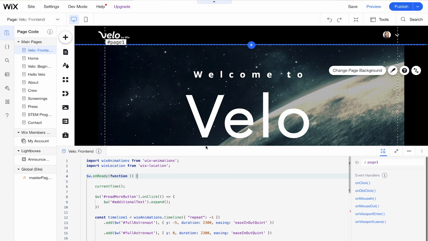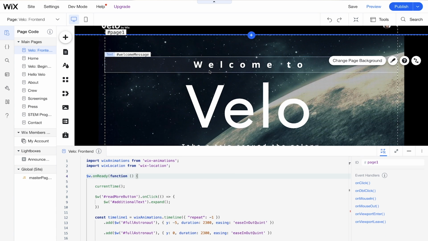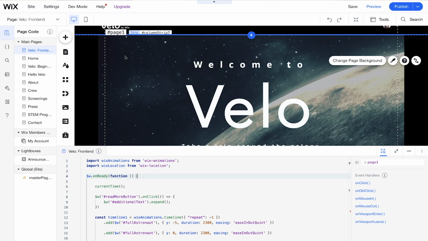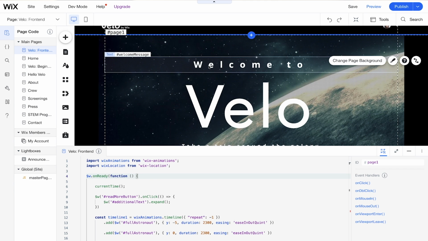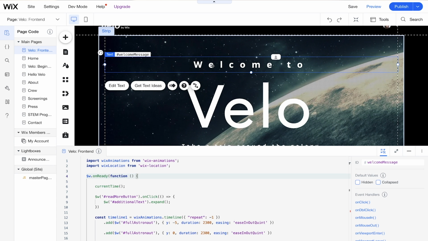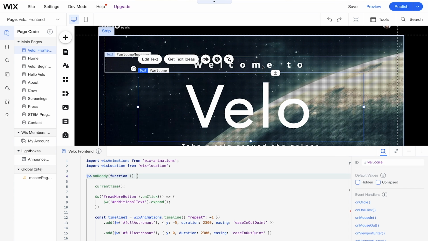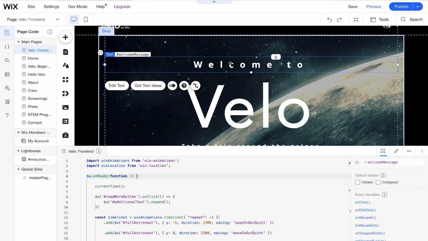So we'll go here, we'll bring up our IDE a bit, and you'll notice that I have some elements in the page. When I hover over this, it says welcome message. That's what I have it ID'd as. I changed it in the properties panel. So when I select it, the properties panel does appear, and I can see the ID, welcome message. Same goes for the other text on the bottom here. What I want to do in this example is change the value of this text to something different. So let's change welcome to something else.